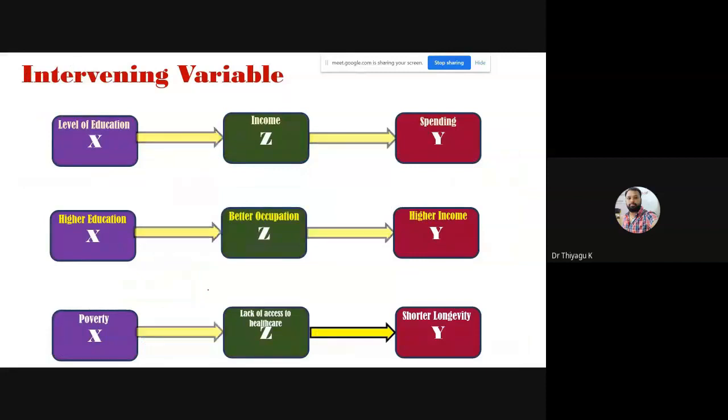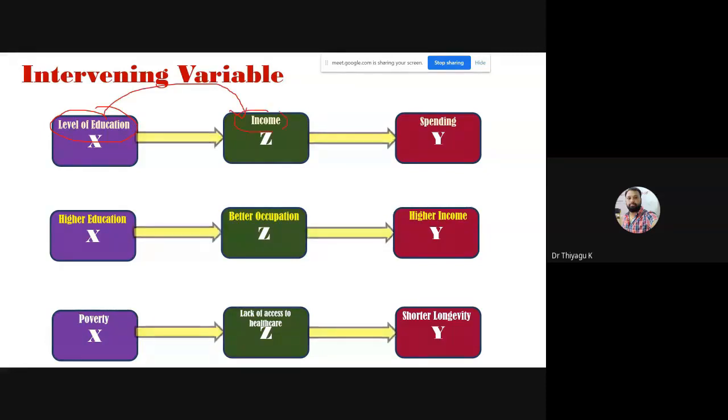So what is called an intervening variable? The intervening variable is like a mediator. Here there is a relation from X to Z and Z to Y, like a linear relationship. See this, level of education. Based on the level of education, it may influence income.